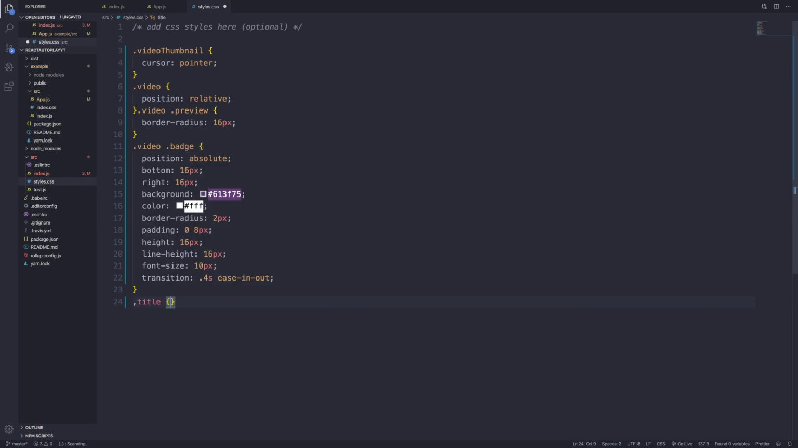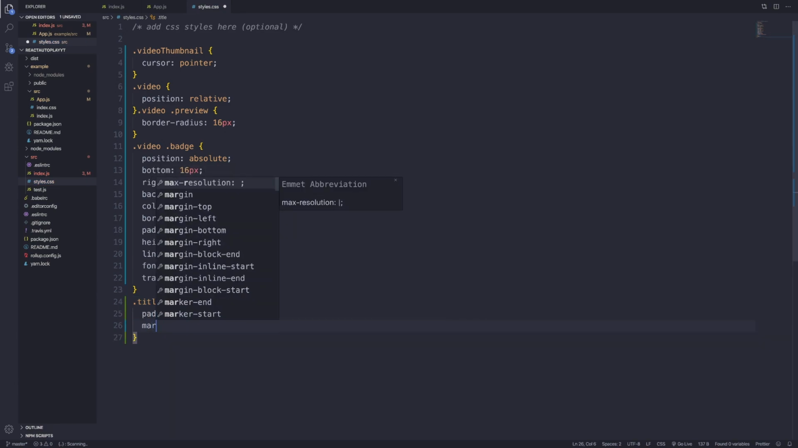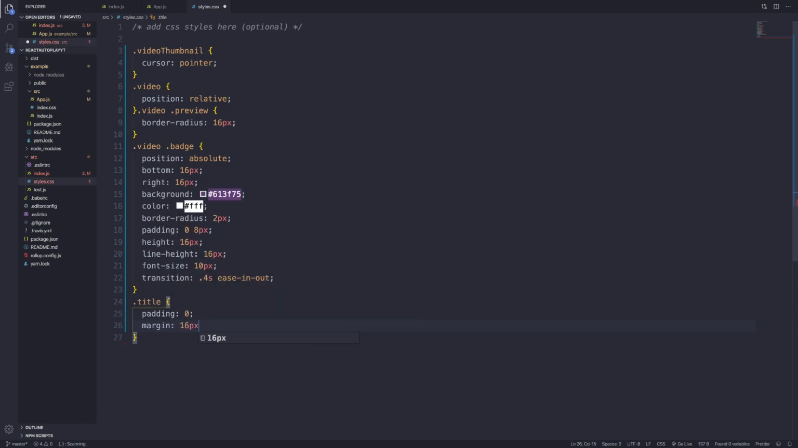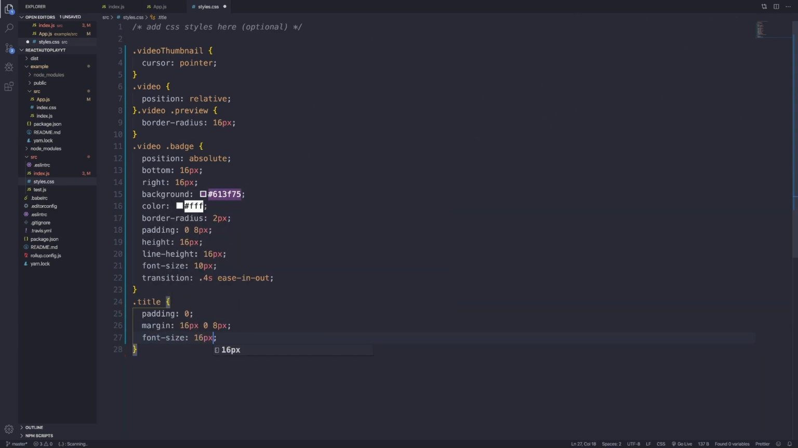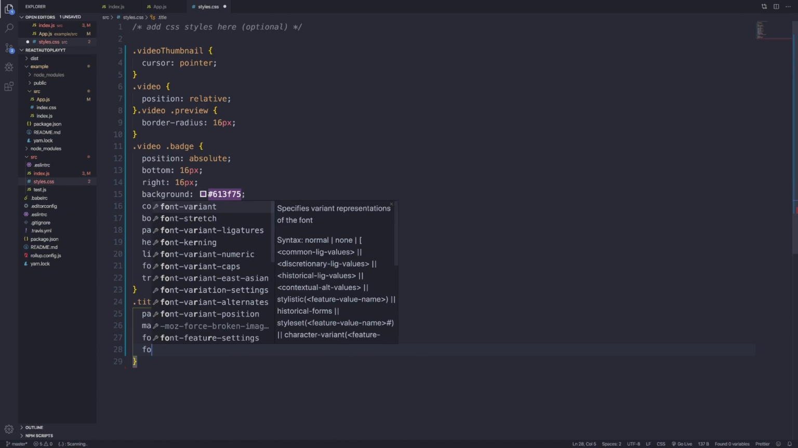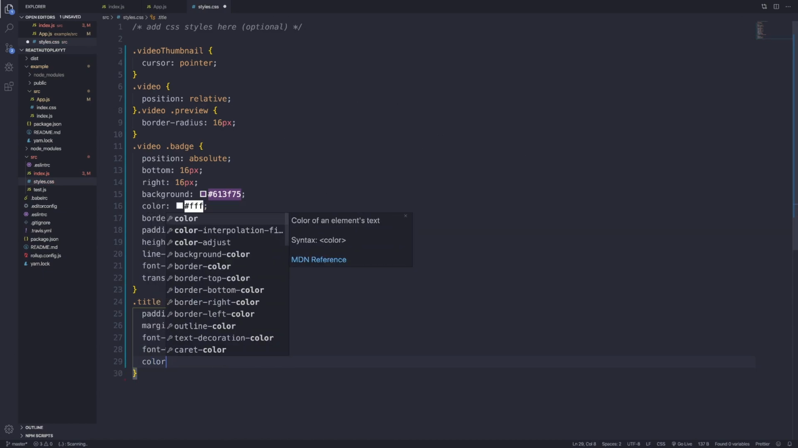Next, we can work on our title class. That's a comma, we needed a period, okay. And for our title class, it's going to have a padding of 0, a margin of 16 pixels top, left and right is going to be 0, and bottom is going to be 8 pixels. The font size that we're working with will be 16 pixels. The font weight is going to be set to 600, and the color of it,